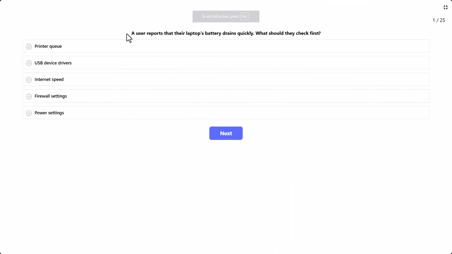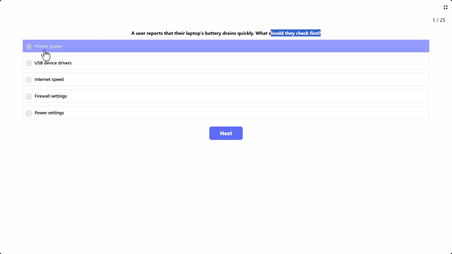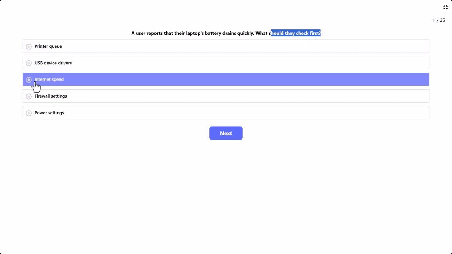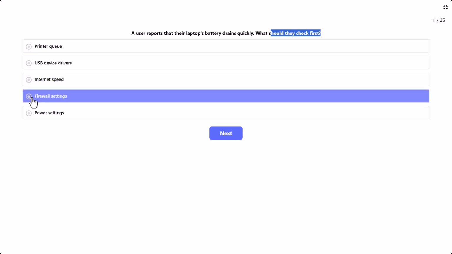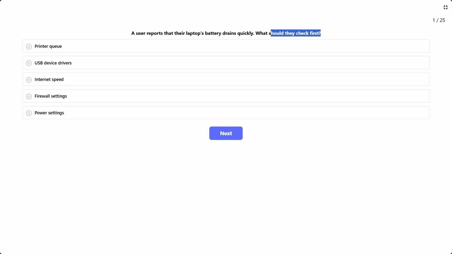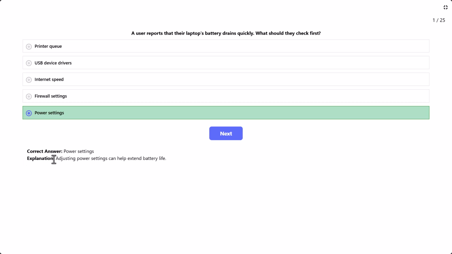First question: a user reports that their laptop's battery drains quickly. What should they check first? Printer queue, USB device drivers, internet speed, firewall settings, or power settings. What would be the correct answer here? Obviously, if the battery drains quickly, first we should check the power settings, as adjusting power settings can help extend